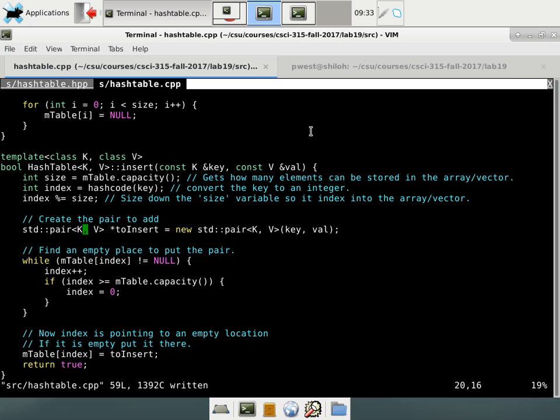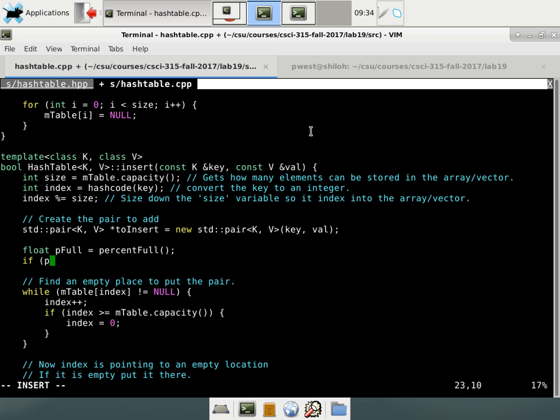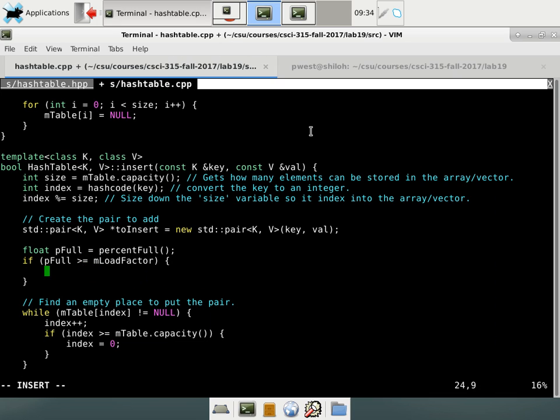So, what do we need to do? Make sure load factor is less than the specified load factor. All right. How do we get our current load factor? Call the function. There you go. You're doing great. Float p full equals percent full. All right. So if p full is greater than 0.8, greater than load factor, right? And actually, if it's greater than or equal to load factor,